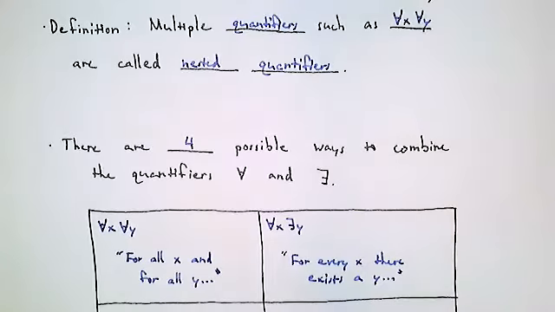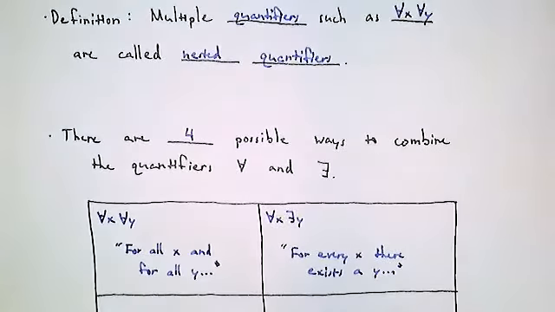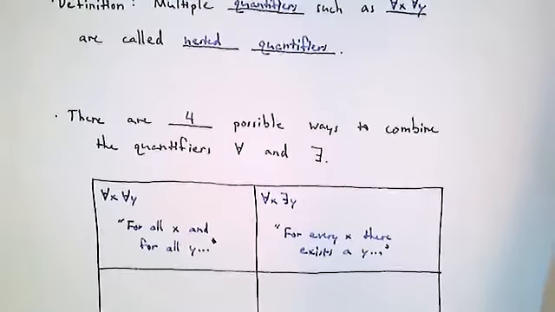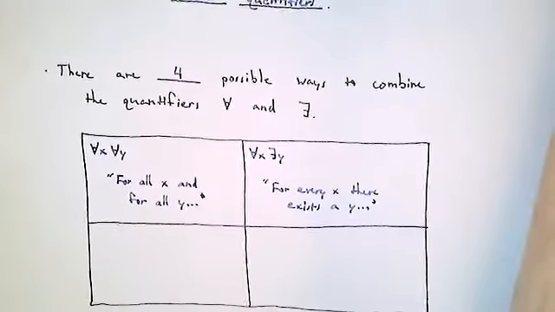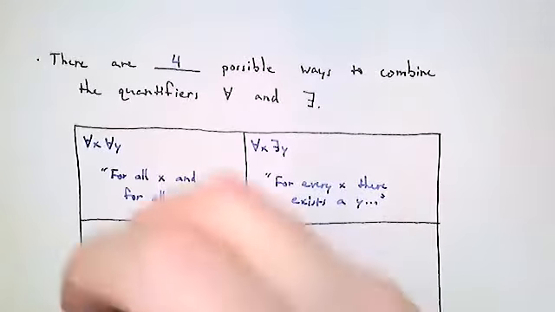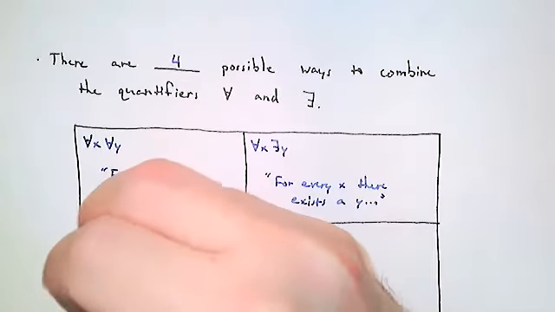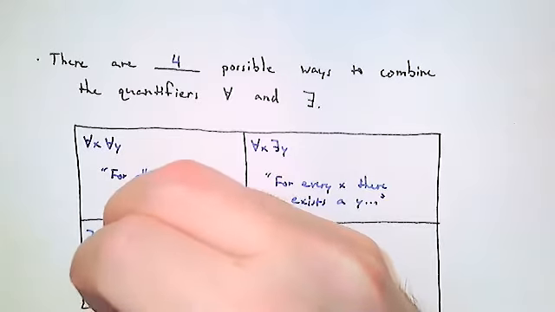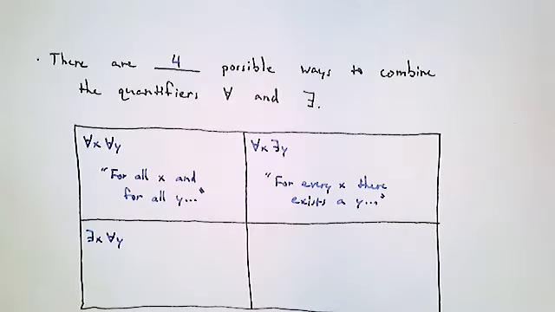Okay, that's how you would start whatever the rest of the sentence is. You can also have an existential quantifier and then a universal quantifier. So this one says there exists an x such that for every y,